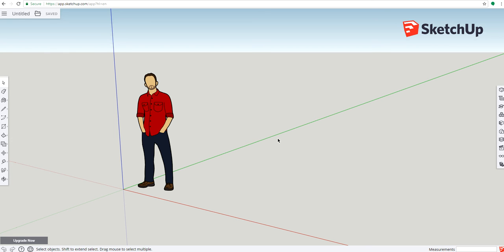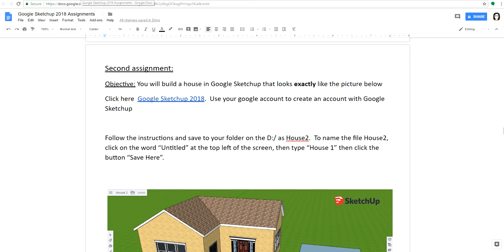Today we're going to be drawing another house in Google Sketchup. This one's a little more complex and you're going to be drawing it from a picture. So here in your second assignment, your objective, you will build a house in Google Sketchup that looks exactly like